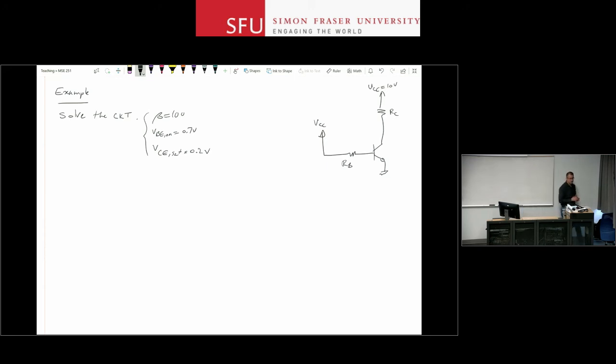I solve the circuit with that assumption, and then check my solution, and in case I make mistakes or it doesn't hold up, I check other operating regions. And this is my VB, VC, and VE is ground, and again I draw my little diodes here to remind myself of all those polarities and everything else that I need to keep in mind. Okay, so assuming active,